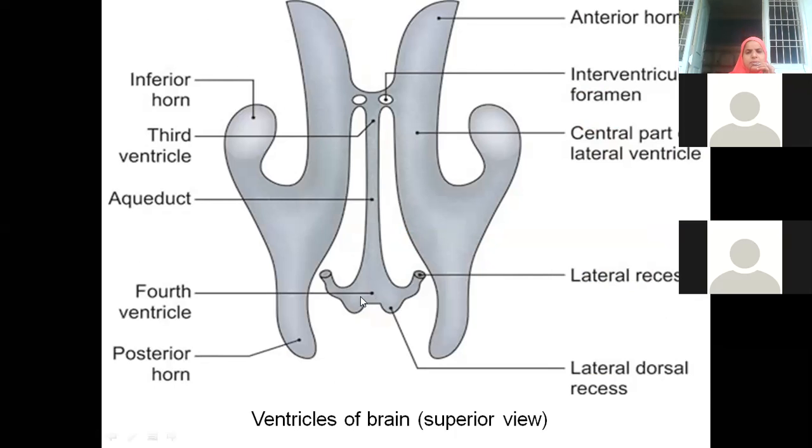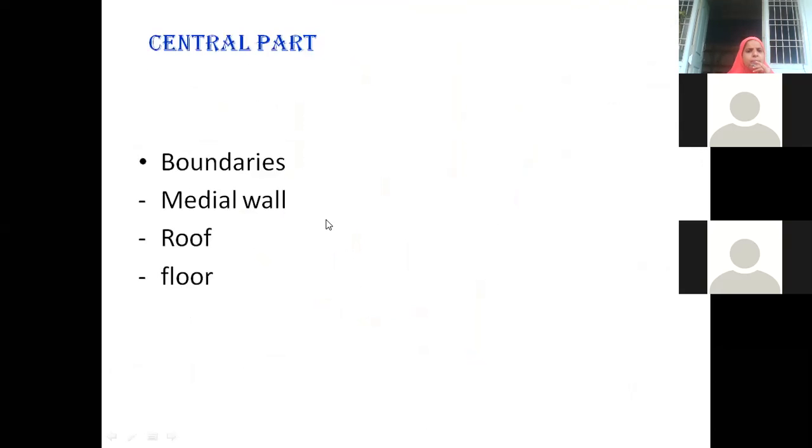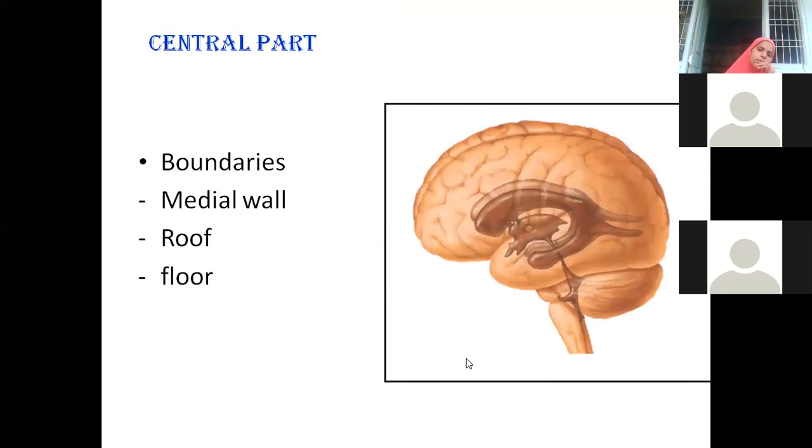This is one cerebral hemisphere. This is one more cerebral hemisphere. So in each cerebral hemisphere, we have a lateral ventricle, the empty cavity filled with CSF. This picture is from Chaurasia. Better you practice this diagram. The lateral ventricle is present in the left cerebral hemisphere, and this is in the right cerebral hemisphere. If you can draw the outline, this is the anterior horn, then posterior horn, inferior horn, central part. Right and left lateral ventricles are connected by the interventricular foramen of Monro. And this is the third ventricle and then this is the fourth ventricle. Now, let us talk about each part.